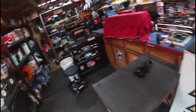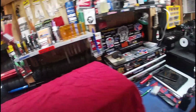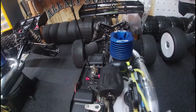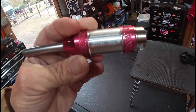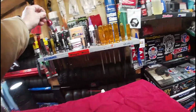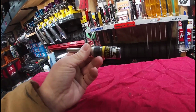Had to charge up a new glow igniter. I got this glow igniter free when I bought the Pico P7R right here, which we have to finish breaking in and start doing a tune on it. But it's only 2400 milliamp. It's called a flight leader. I don't know. It came free. I normally use the TLR igniters like this one right here, 3000 milliamp,